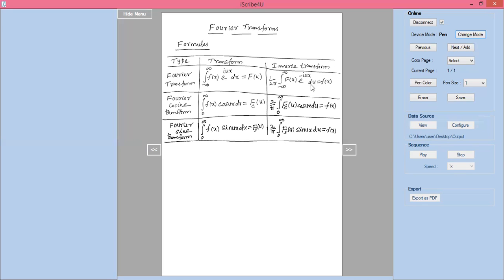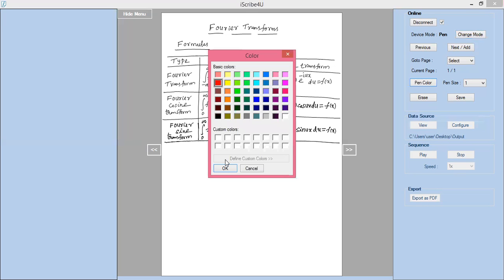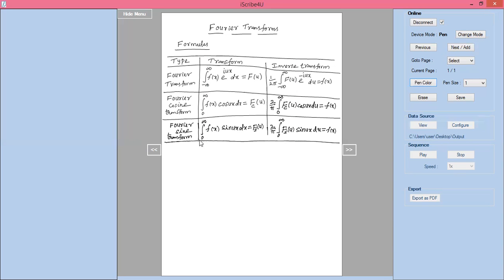First problem: find the complex Fourier transform of the function f of x equal to 1 for modulus of x less than or equal to a, 0 for modulus of x greater than a,